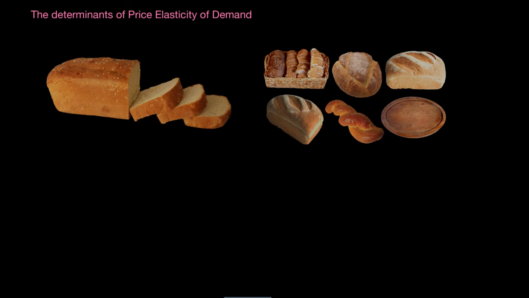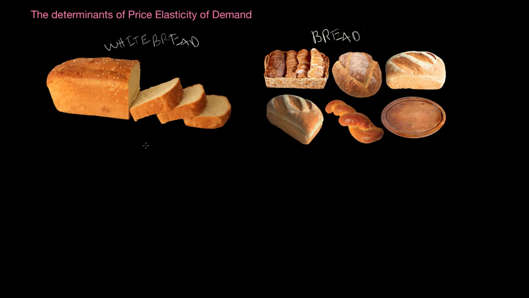All right, time for our next combination of goods. On the left, we have white bread. And on the right, we have all bread. The difference here is that white bread is one type of bread. White bread is part of a narrower market. It's a narrower market than bread in general. Bread is a broad market. So how we define the market helps determine whether demand for the good in question will be more or